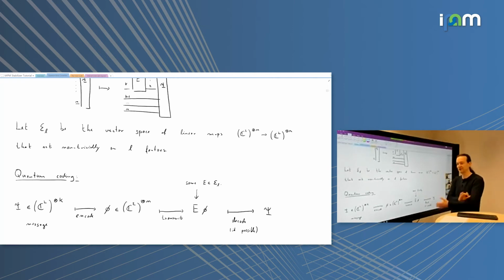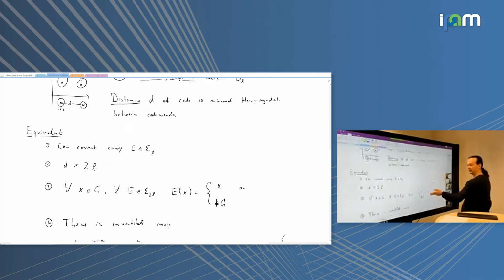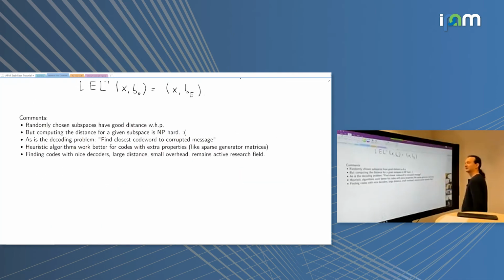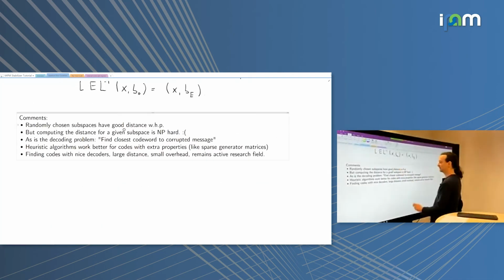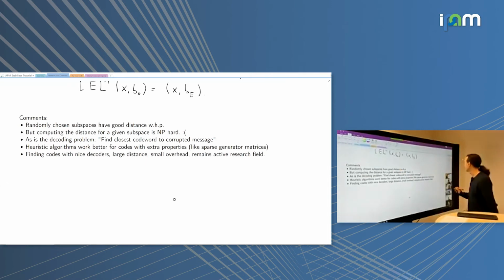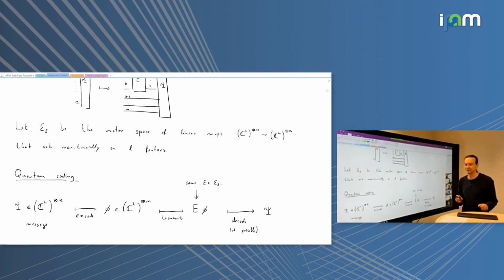So if you remind me, once I've introduced the stabilizer formalism, I can tell you how to randomize and use basically counting, probabilistic arguments, which are just counting arguments really, to show the existence of good codes. I think it's in one of my comments that I didn't read out here. Randomly chosen subspaces have good distance with high probability. It's a very good question, and it's a very big and active and exciting field. I could spend a lot of time talking about it, but I want to give you just a brief overview here.